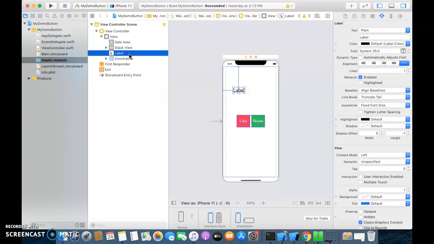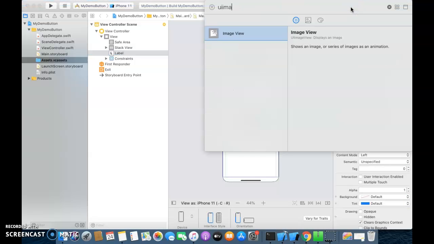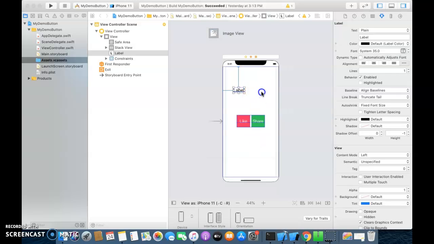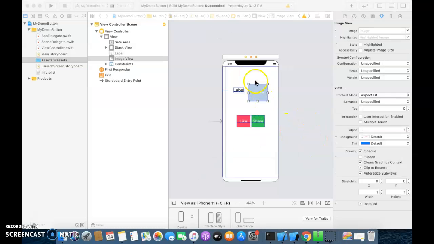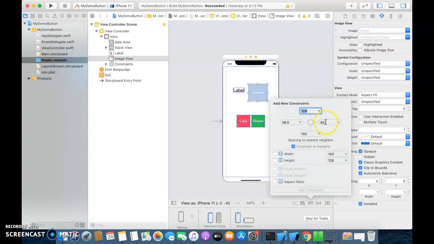So, let us discuss this with a UI label and a UI image view, and this will become more clear to you. Let us quickly drag and drop a UI image view inside our view controller file. Now we will provide the constraints for this UI image view, a trailing and a top constraint.